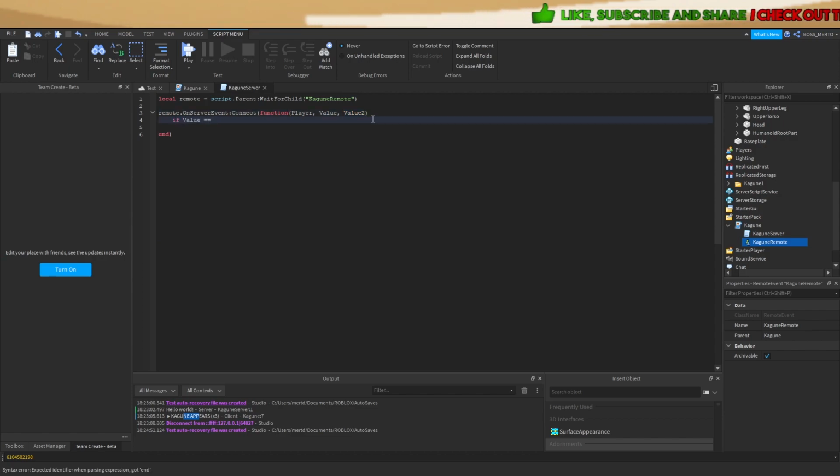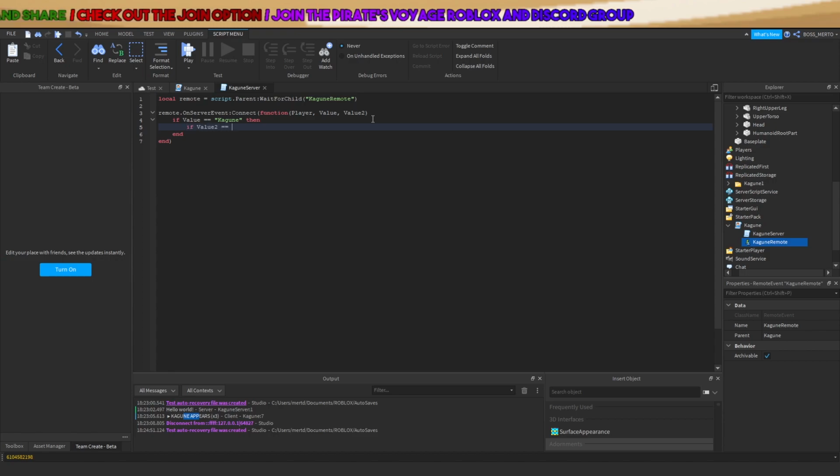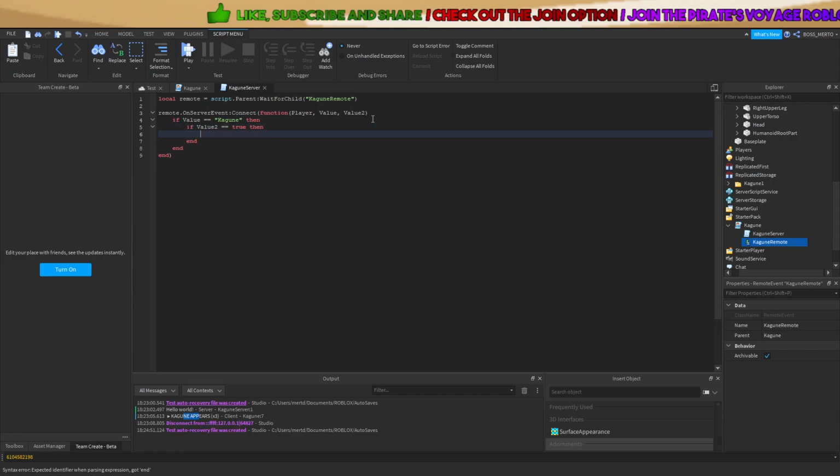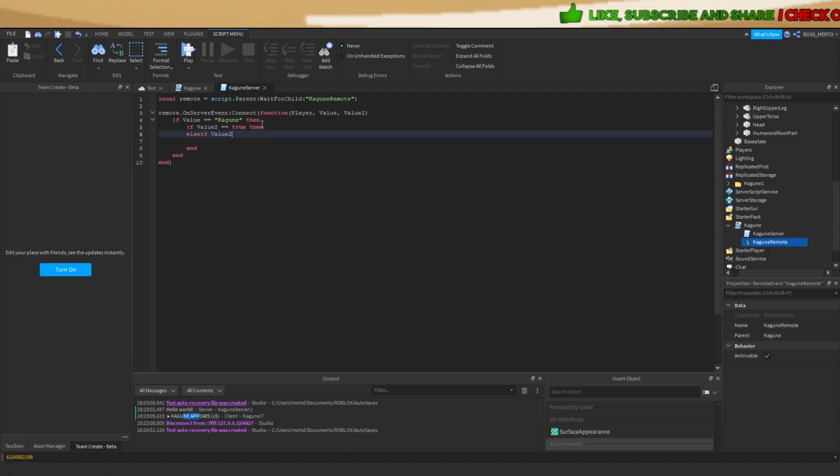If our value or our task is to deal with the Kagune, then and if the script is told to equip the Kagune, then and if the script is told to unequip the Kagune, then